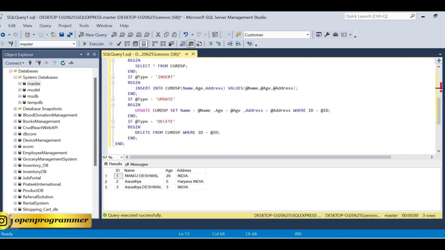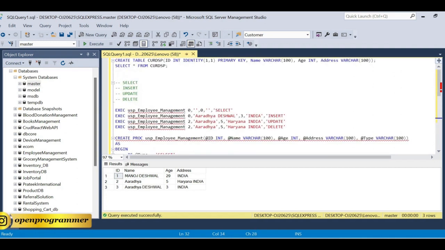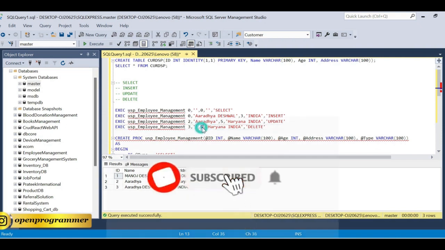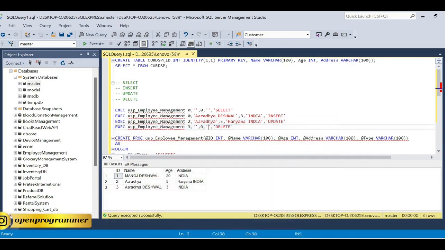If you go to that section, for delete we only need ID, nothing else. Let's say we want to delete the third row with ID value 3. We don't need the name value, we don't need age, we don't need address either, but we need ID and type. Select this command